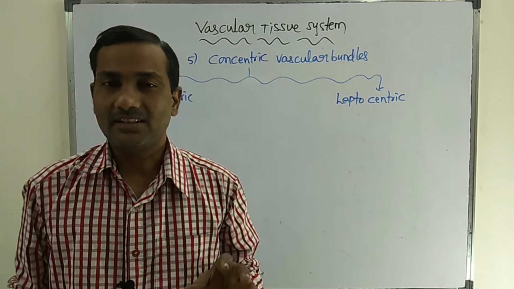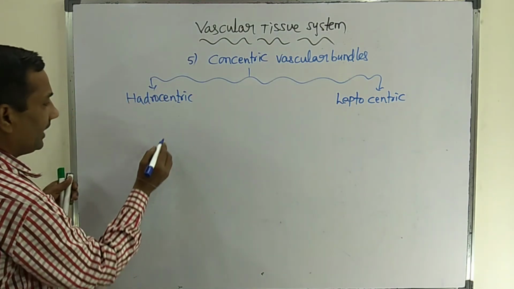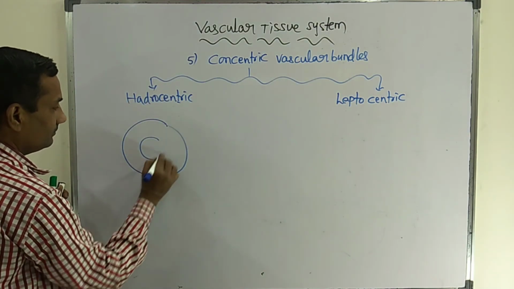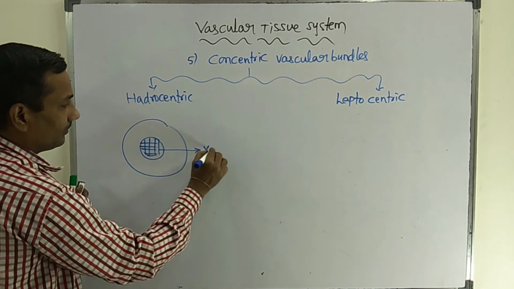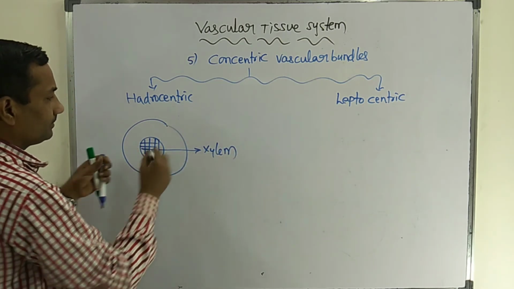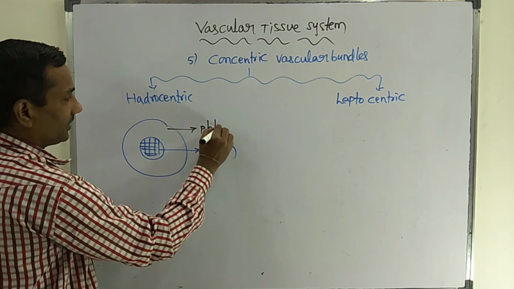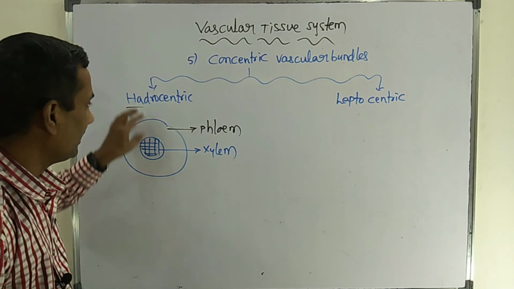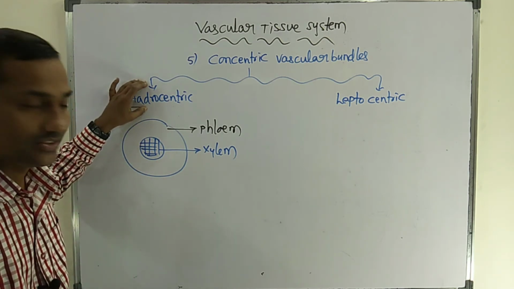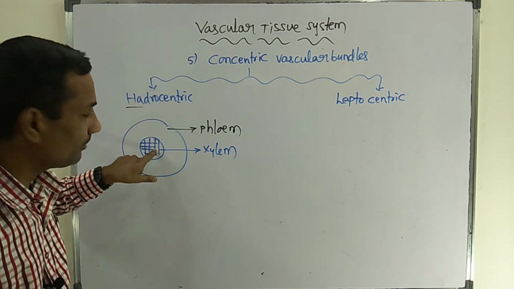In a concentric vascular bundle, if the xylem is located at center and the xylem is surrounded by phloem, this type is the hadrocentric vascular bundle. Hadrome means xylem, centric means xylem located at